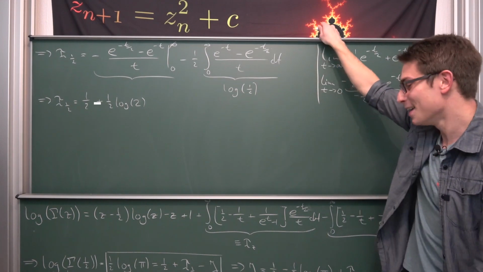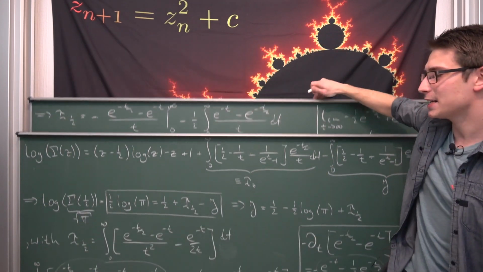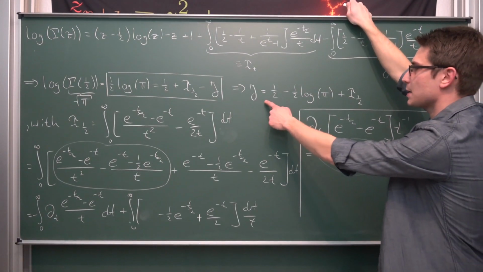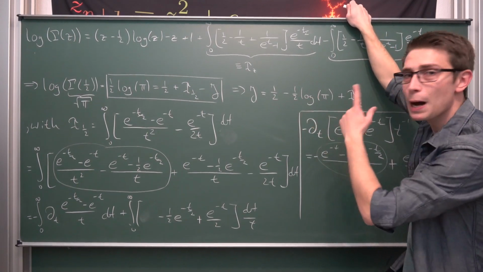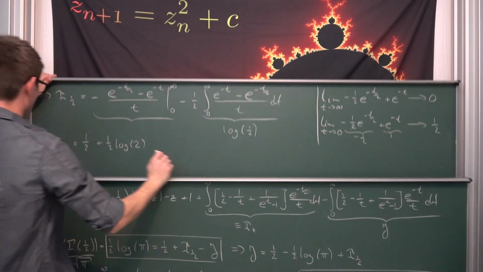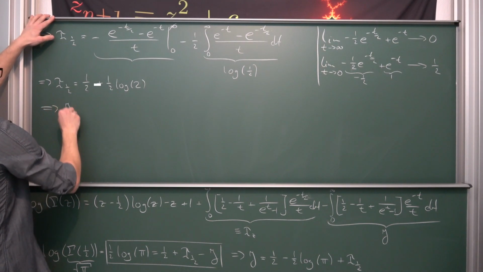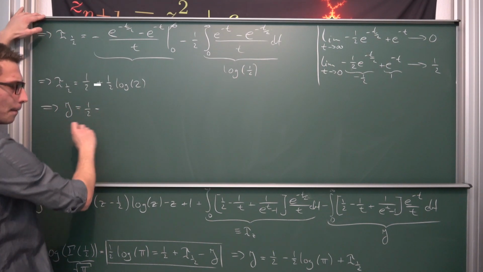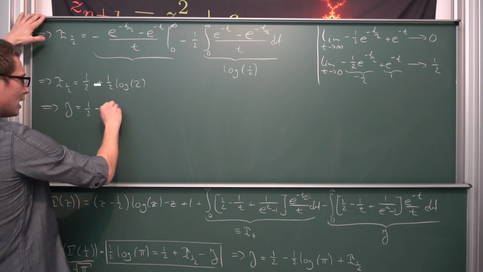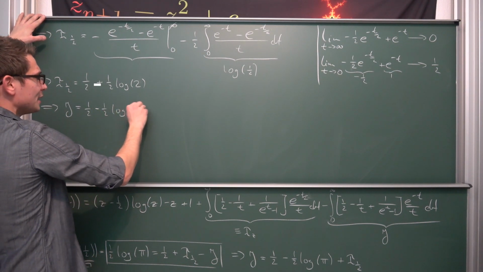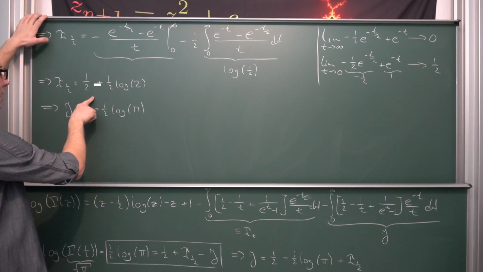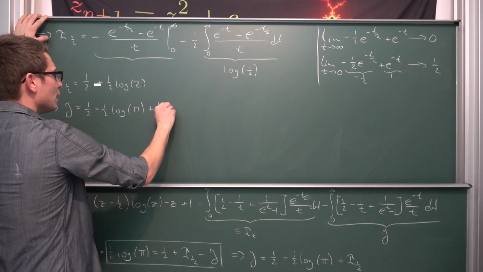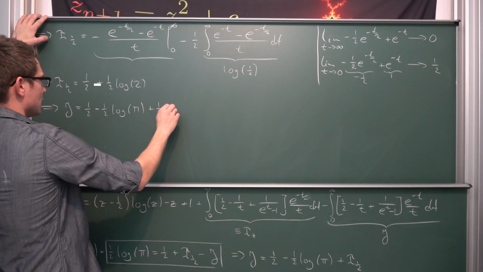We are basically done. Now we just need to write everything out and then we are good to go. Don't forget J is the same as 1/2 minus 1/2 log of pi plus I of 1/2. Meaning our integral J, our final boss in this whole thing, is equal to 1/2 minus, and then we are going to get 1/2 log of pi plus I of 1/2, meaning we are going to get plus 1/2, and then we are going to get